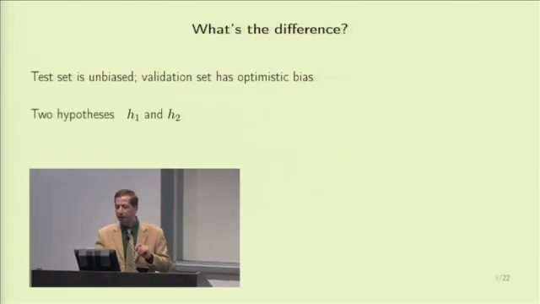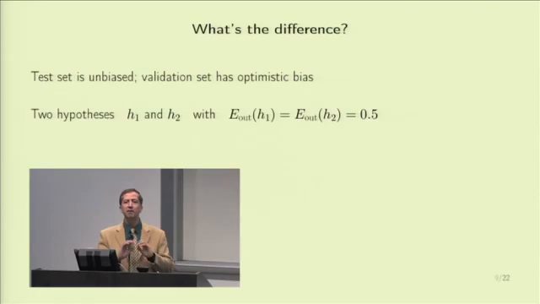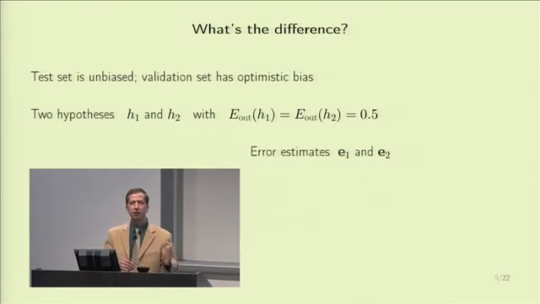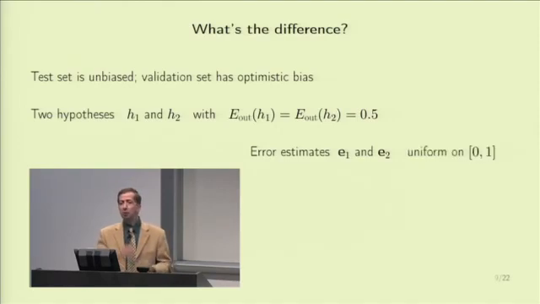And for simplicity, let's have both of them have the same E out. So I have two hypotheses, each of them has out of sample error 0.5. Now I am using a point to estimate that error, and I have two estimates, E1 for hypothesis 1 and E2 for hypothesis 2. Because the estimate has fluctuations in it, just again for simplicity, I'm going to assume that both E1 and E2 are uniform between 0 and 1. So indeed the expected value is half, which is the expected value I want,